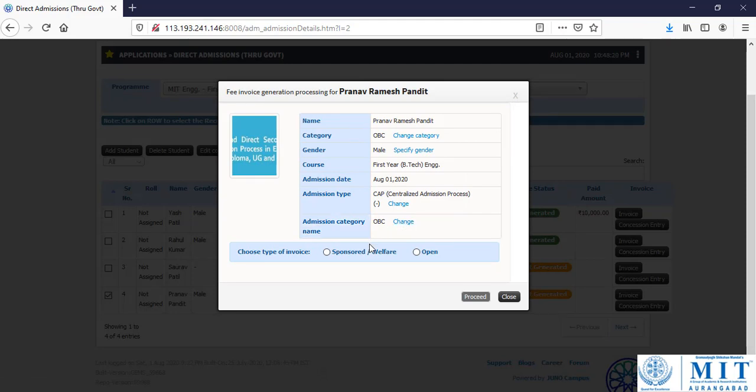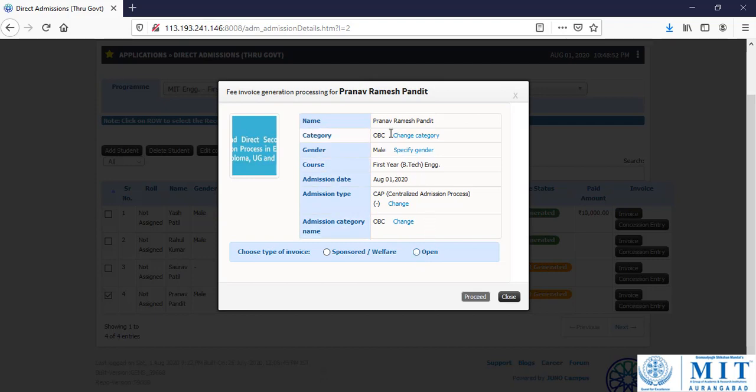Now there are two types of students. The student who is taking a sponsorship or the scholarship from the government, and the student which belongs to open category. Now if a student is a category student or a student who belongs to EBC, then we select this option, sponsor/welfare. If a student belongs to open category, then we go for the open.